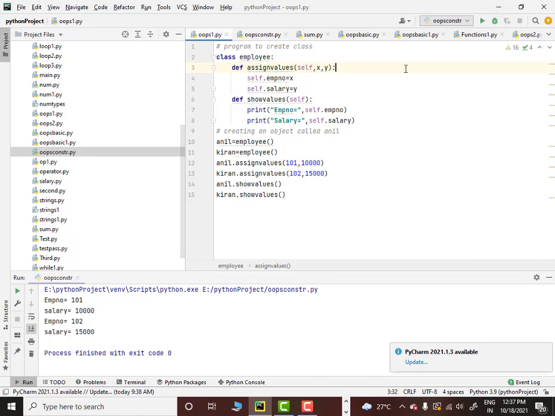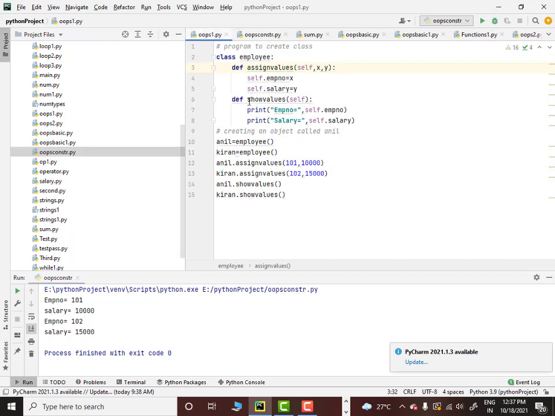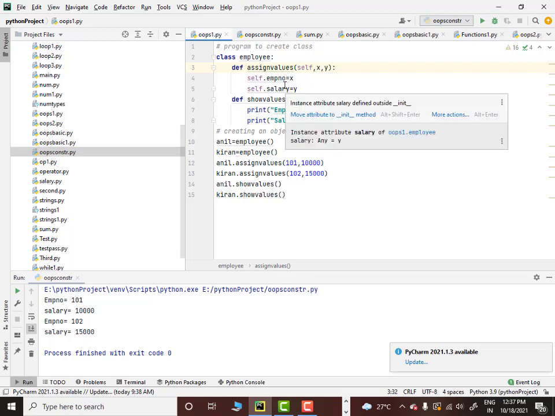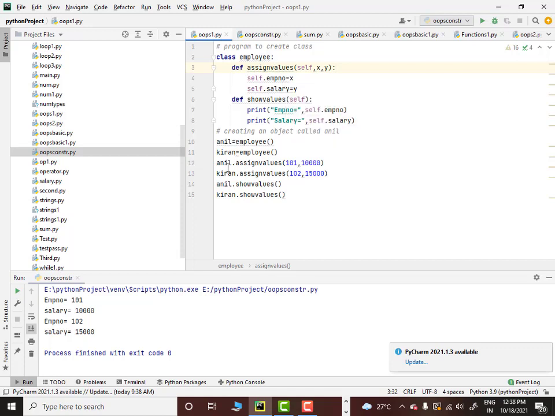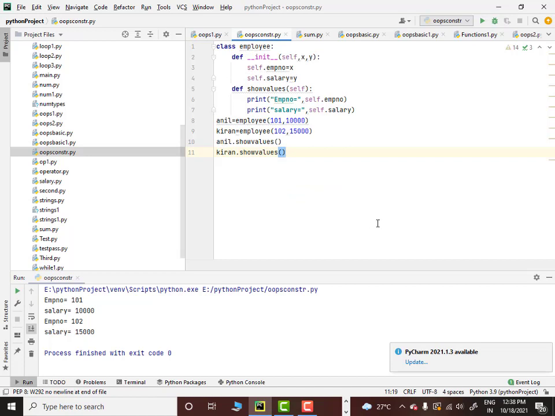When it comes to the second program, to keep it very simple, this method called assign values is eliminated, that's all. Anil dot assign values and Kiran dot assign values, these two statements are eliminated. That is because you have a constructor method, that's it.